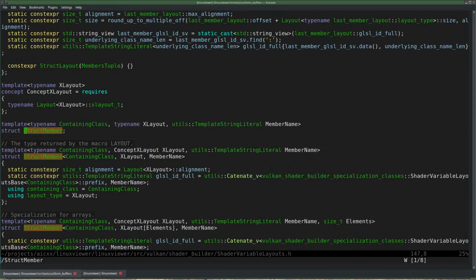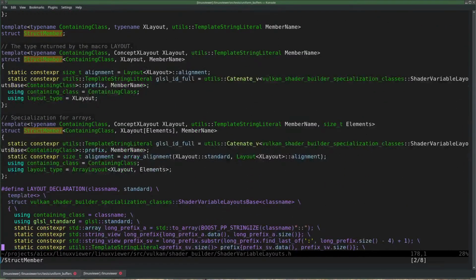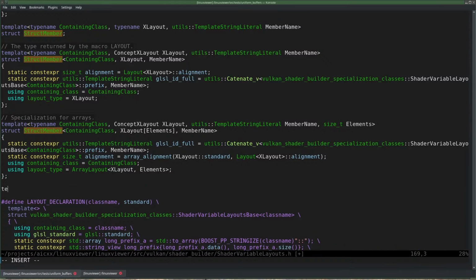Compute max alignment. Okay, so we have a concept X layout, and now we need a specialization with a concept for